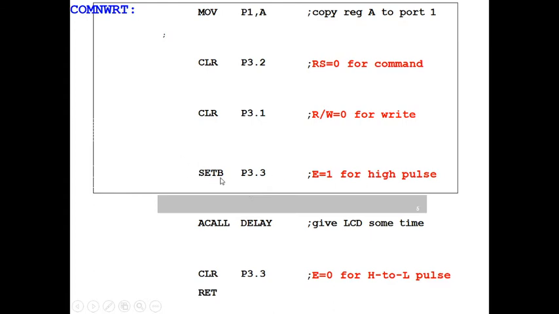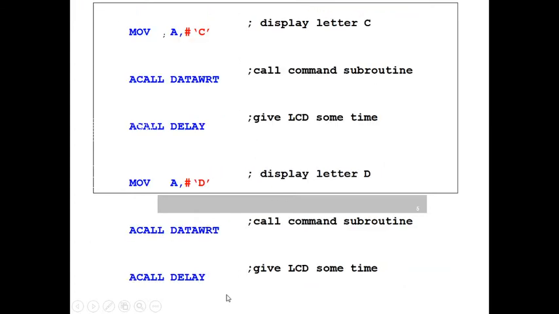When you give the set bit instruction, you send 1 on that pin. P3.3 is the enable pin, so enable equals 1. Then you call the delay, and then CLR P3.3, so enable becomes 0. In this fashion you generate a high to low pulse, and then return to the main program.